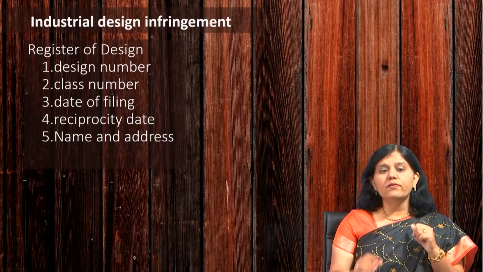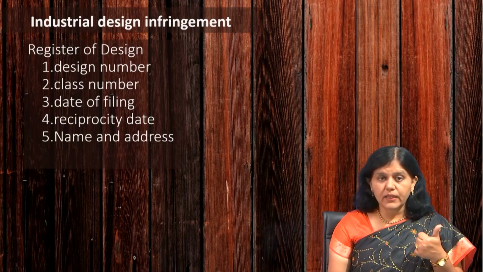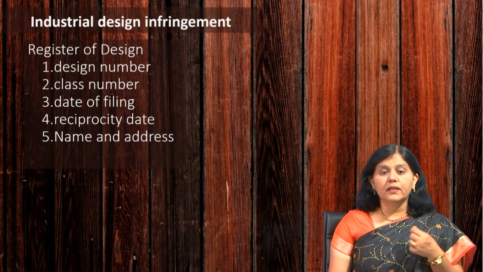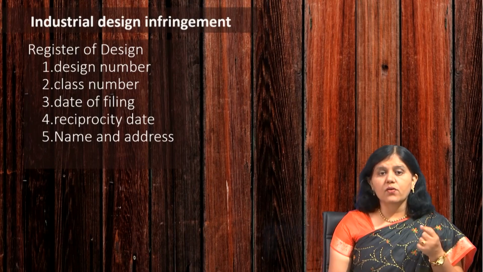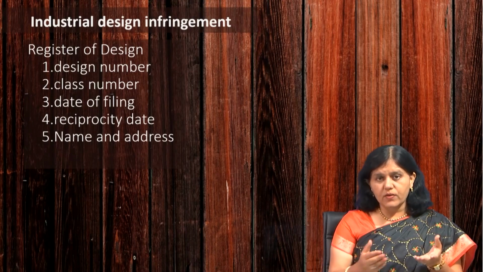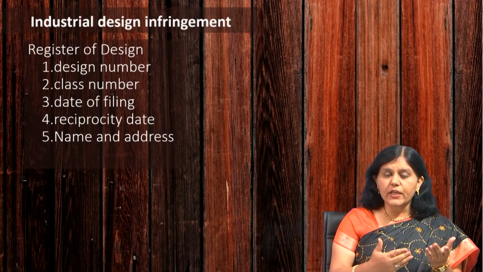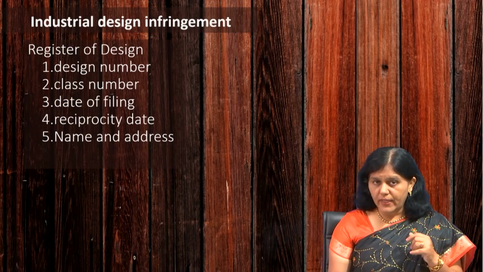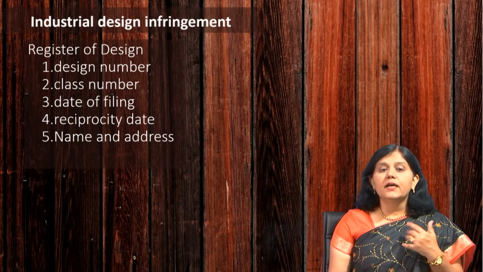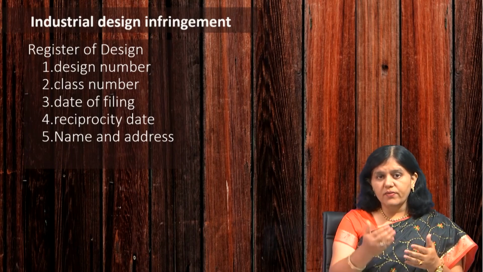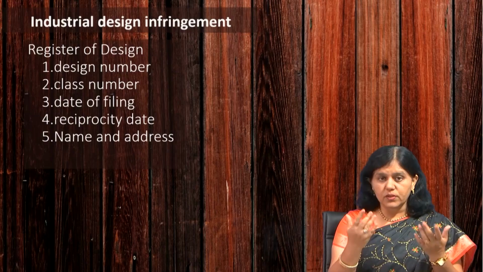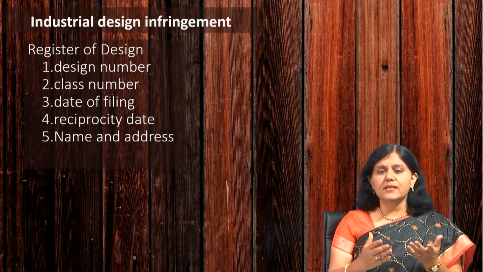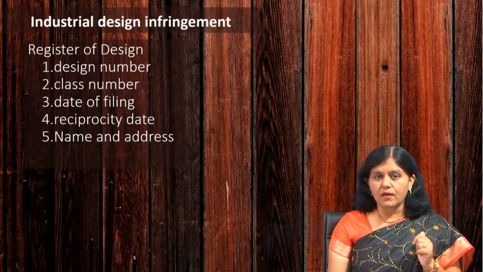So, it will maintain the design number, then the class number according to Locarno class, then the date of filing, that is, the date on which, in which country, because there may be a different application date and different priority date, it may depend. So, that date of filing is important. Then the reciprocity date, that is very important if it is coming through a conventional route. So, the reciprocity is important here, and then the name and address and other details of a proprietor are mentioned